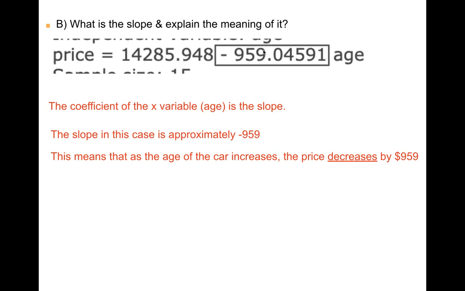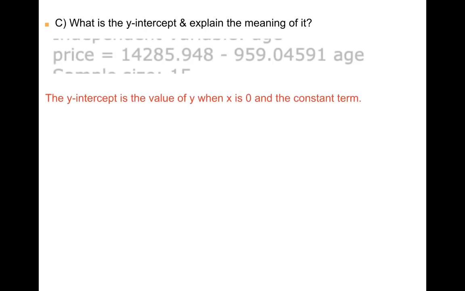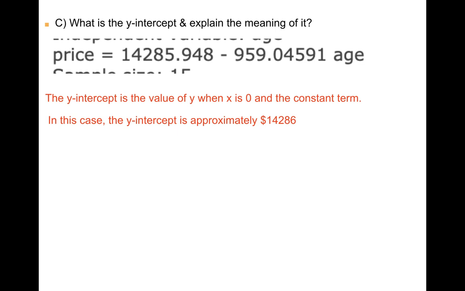Now, if this number right here is the slope, then for the next part, the y-intercept, that would mean the other number, the 14,000 number, would be the y-intercept. Okay? Remember, the y-intercept is the value of y when x equals 0, and is the constant term. Okay, so this number doesn't have an x or age attached to it. It's a constant term. So that is your